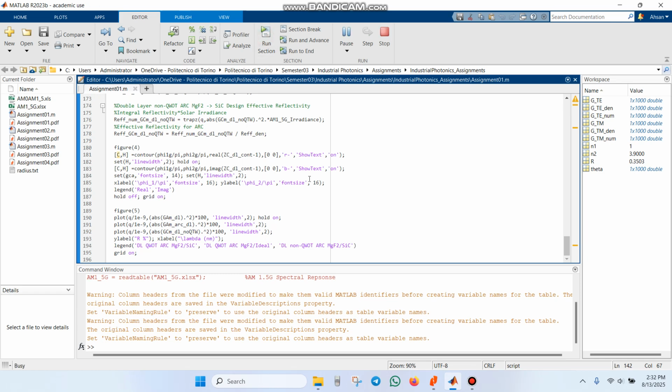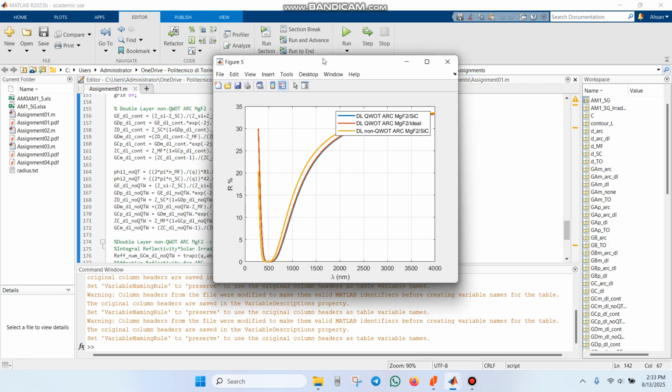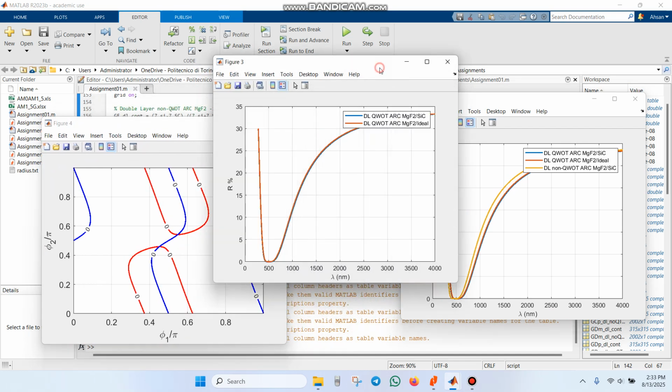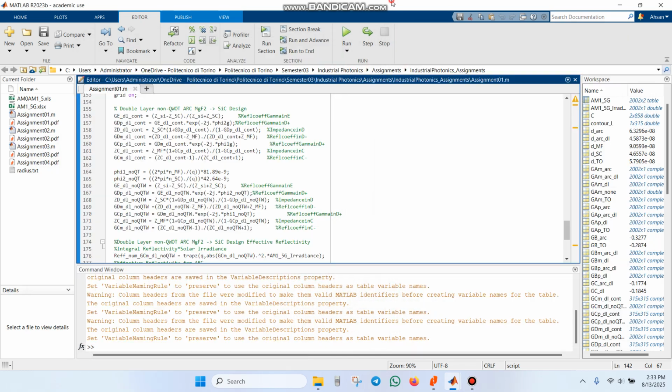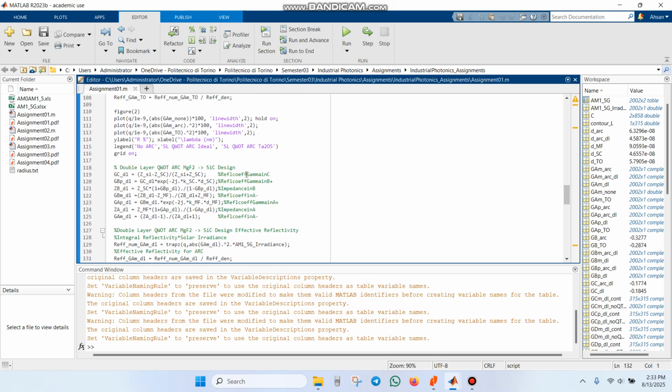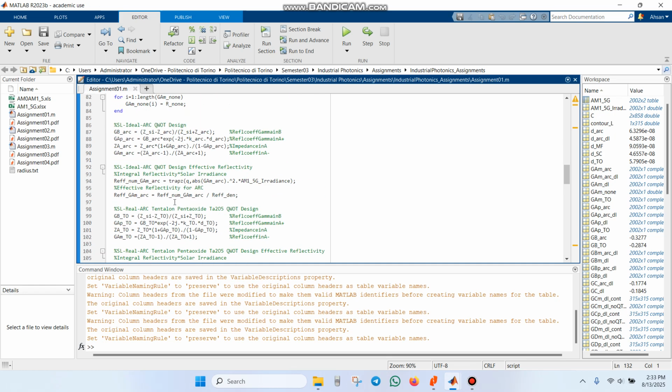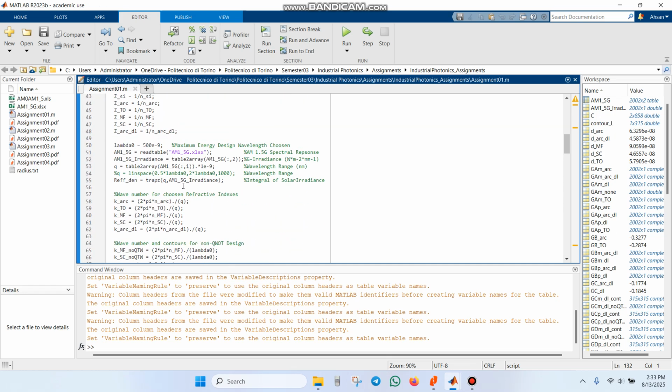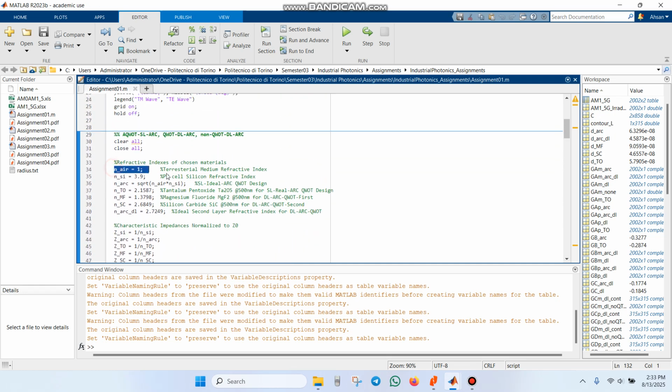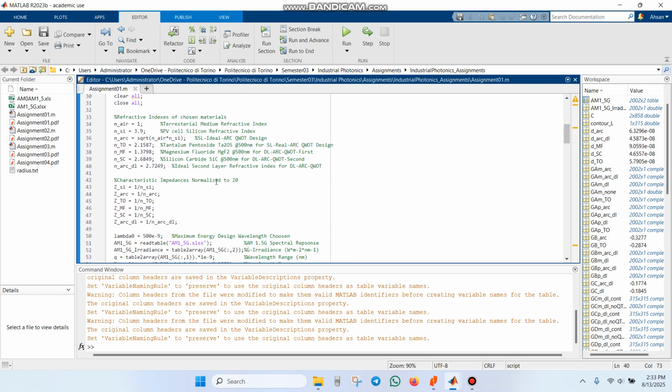So if I just run it quickly, you can see the obtained plots right here. Also, you can change, sorry. So these are the plots that you already saw in the analysis that I showed you. So if you want to make any changes regarding the material of your choice, you can simply change the refractive index right here, and you can have the analysis done in accordance with your chosen design. And the rest of the code basically remains the same. So I will share this code in the description, and you can use it to design with your particular material